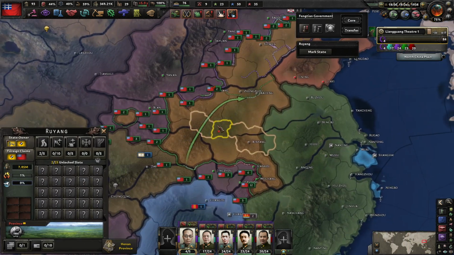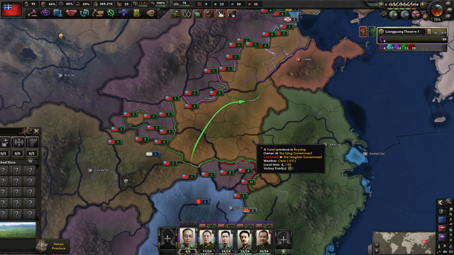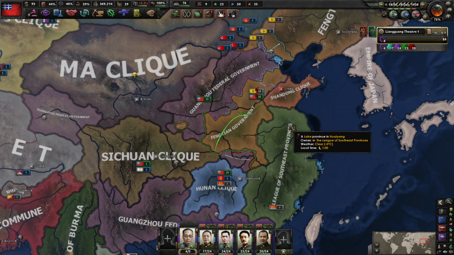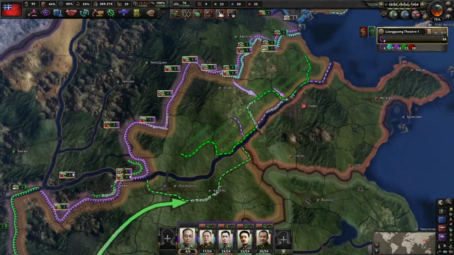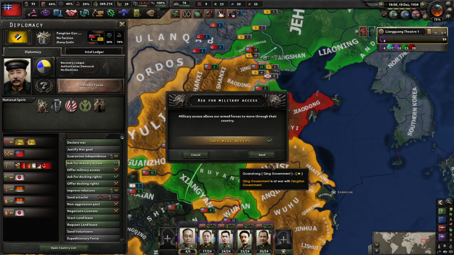Did I have this turned on? Yes I do, I need to turn this off. So last time, we have defeated the Qing. We now need to defeat the Shaodong clique. However, the defending government, for no good reason, has just occupied all this territory, which is very annoying, but thankfully...